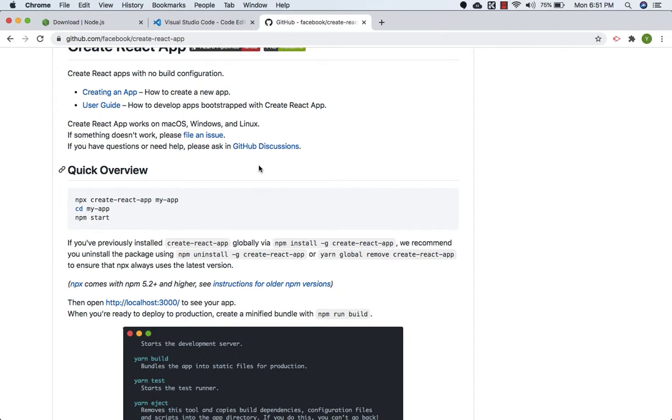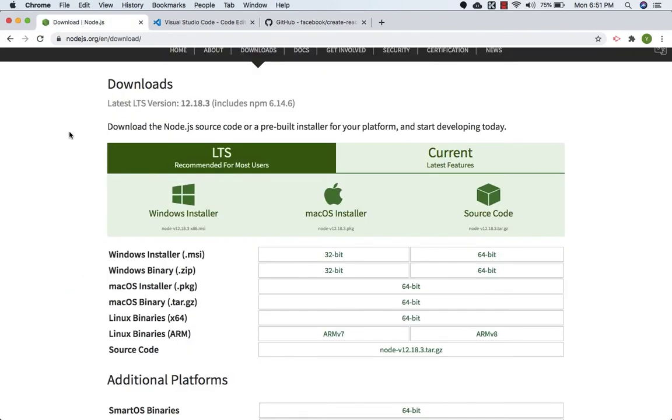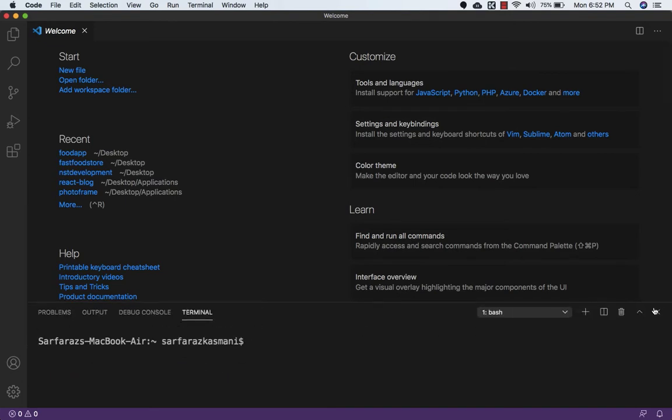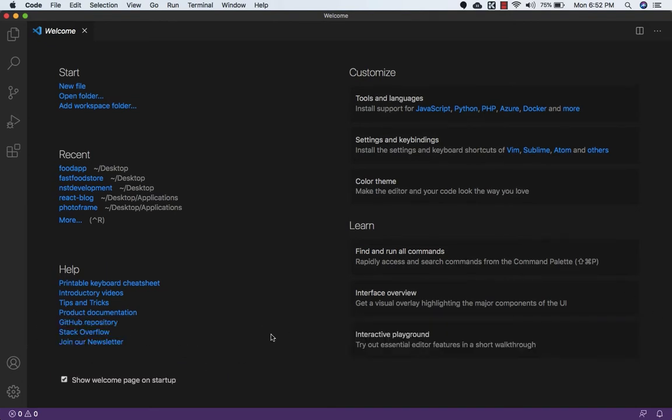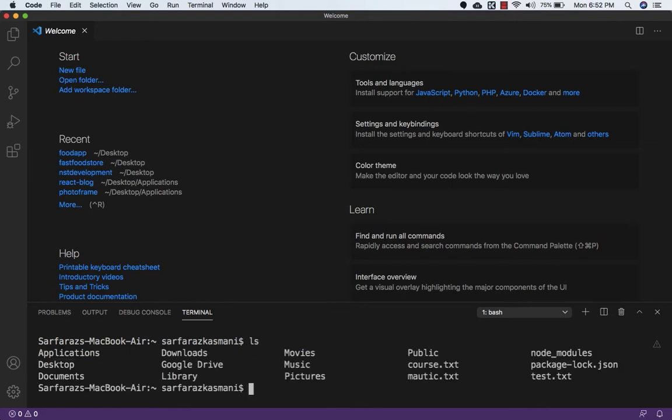So let's install our first project. I have already installed Visual Studio Code, and I have already installed Node.js as well. So let's go to Visual Studio Code. So this is the terminal. Let's say if your terminal is not open, then you need to press Control and backtick key so you can see this terminal. Now I need to create the project on the desktop. So I'll go to desktop by writing cd desktop,